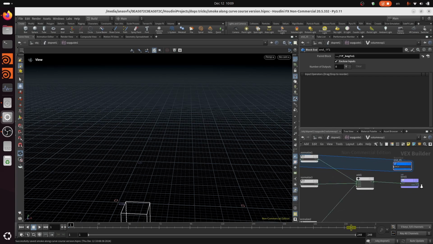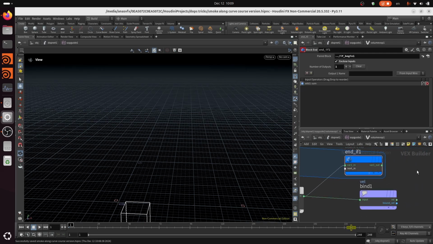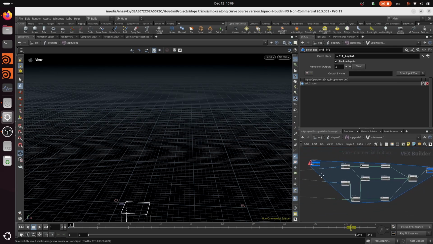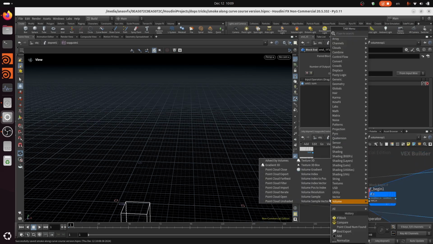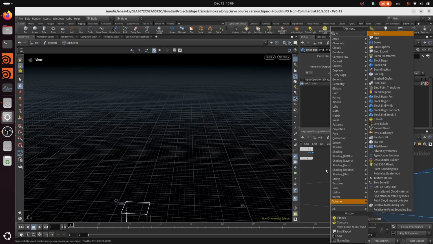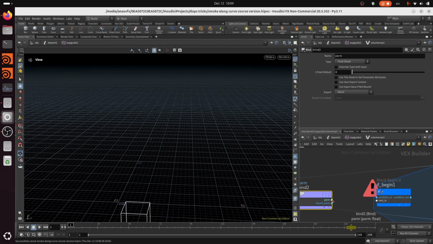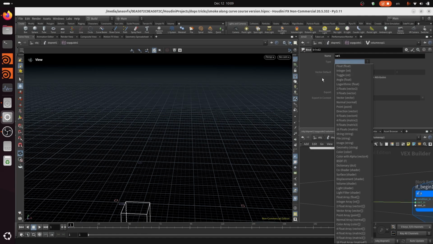We can now output our force here if the condition is true, but if the condition is false, we can now create a bind node, and bind our velocity vector. I think Houdini